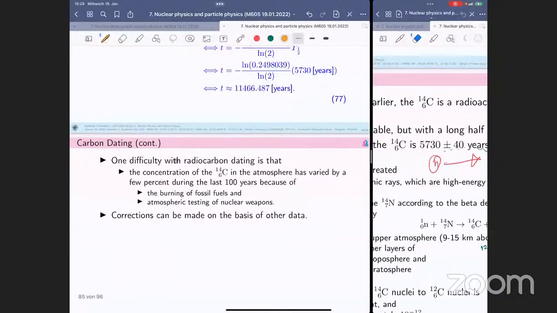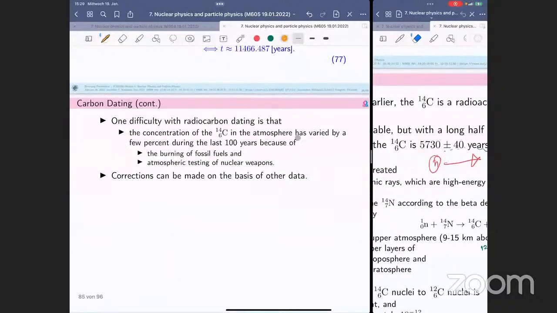One difficulty with radiocarbon dating is that the concentration of carbon-14 in the atmosphere has changed quite a lot, because in the past 100 years humans have used so many cars. We burn oil, fossil fuels, and natural gas, so carbon-12 enters our atmosphere easily, right? When you increase the carbon-12, the ratio between carbon-12 and carbon-14 is going to